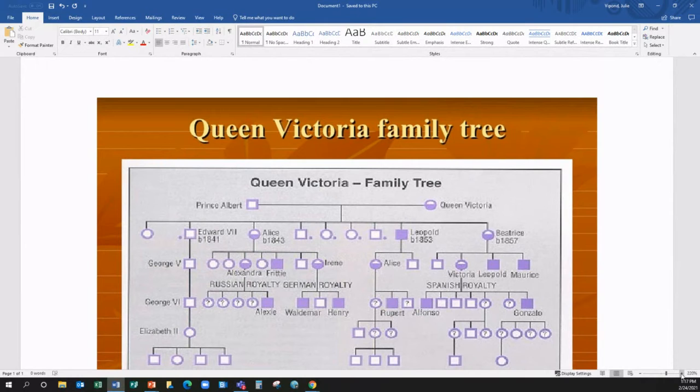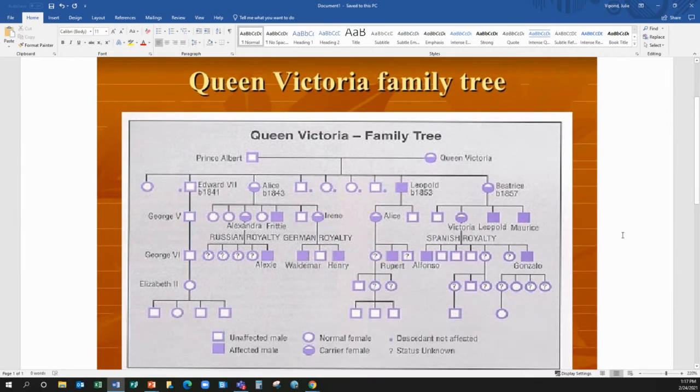They were in love with each other. They were a true love match, and they functioned as a partnership quite well. And the family tree that you see here is actually a genetic one about hemophilia. But I'm using it to show you, not only did they have 9 children, they married off all of their children to other princes and princesses of Europe. So the woman had something like 80 grandchildren by the time she died. Now, she lived a long time, but still, that is a lot. And again, she has 9 kids, so they go on to all have kids. And the royals like to have a lot of kids, as insurance, your heir and the spare.